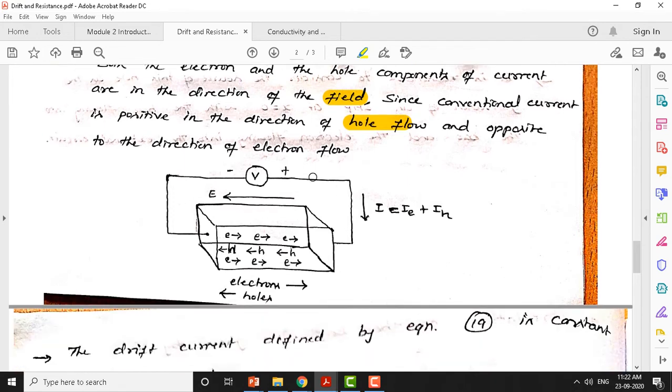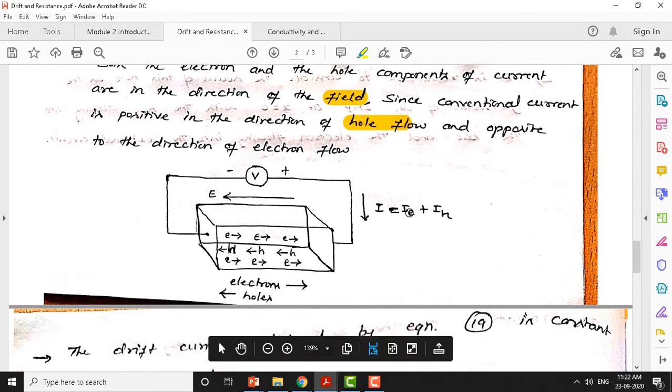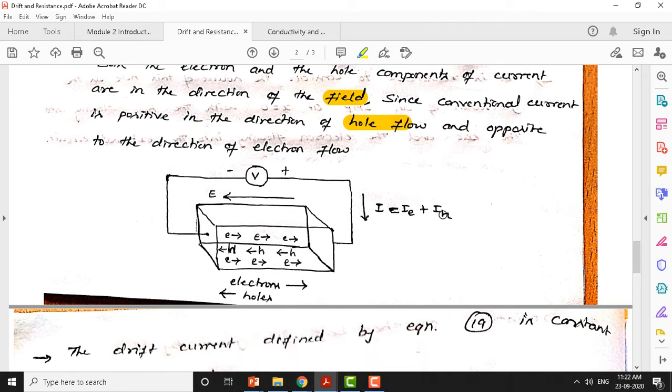So this diagram again makes clear both electron and hole movement. This is electron current, and hole current together is nothing but the total current that flows in the direction of the hole movement here, which is opposite to the direction of electron movement. What you see in this semiconductor bar, this is the voltage applied, and the field is going to be in the direction of the current that is flowing.